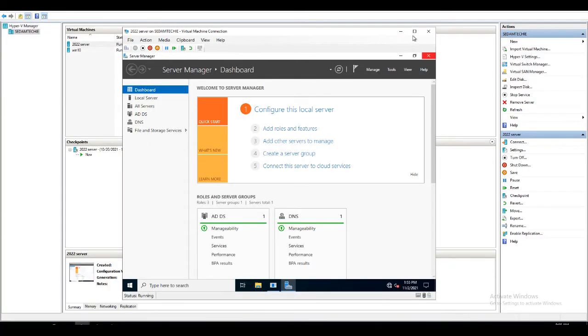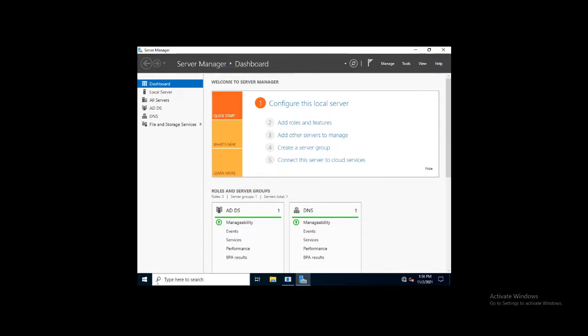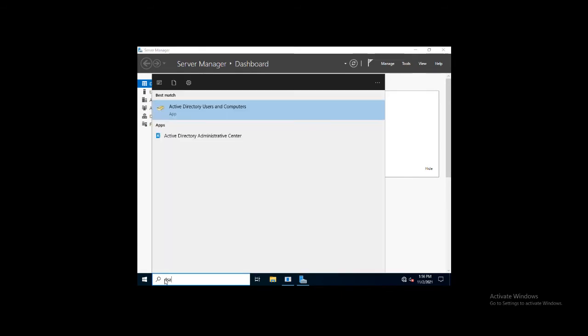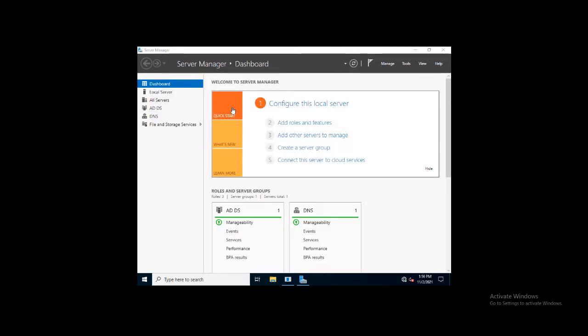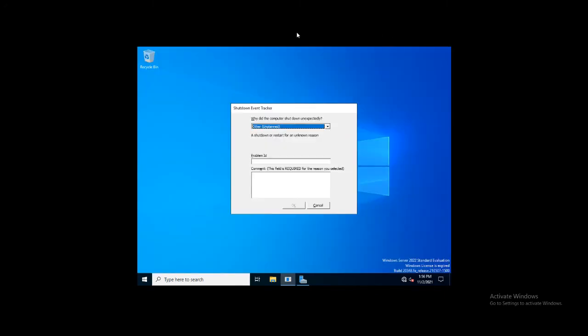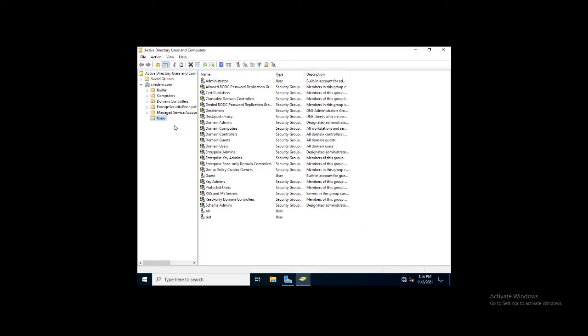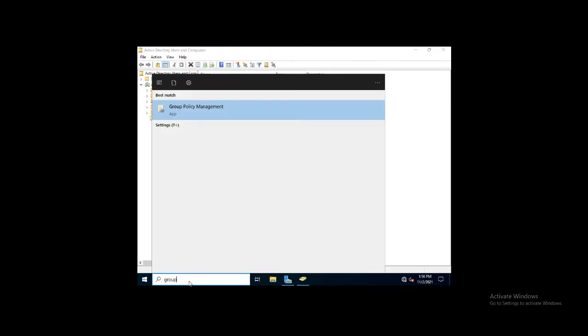So this is my domain server. Here we will open Active Directory Users and Computers. Once you open this, we have to configure it in the group policy.